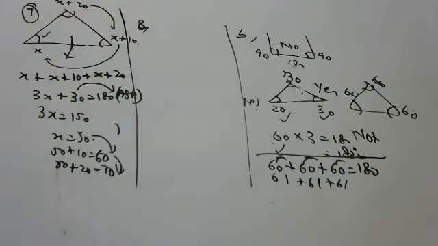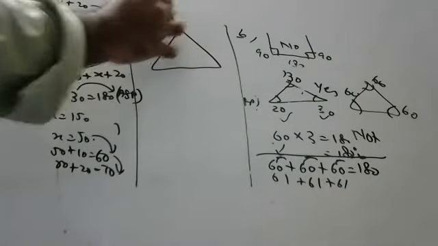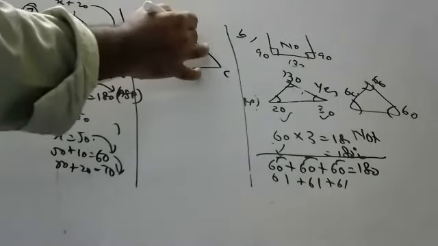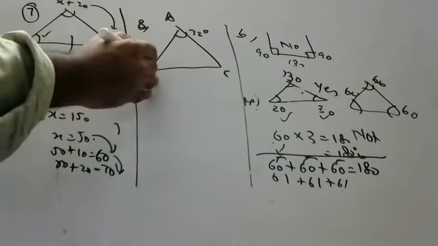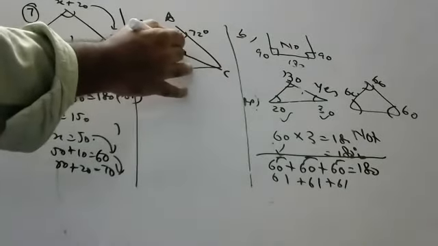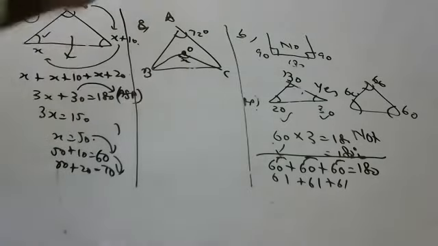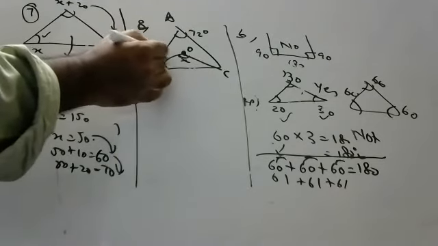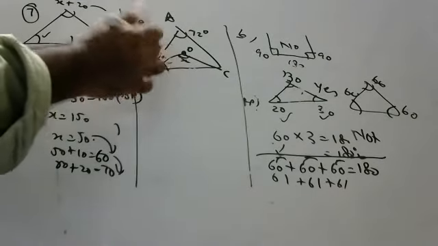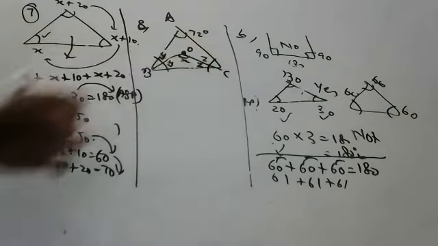You should understand, children. Next up, ABC is a triangle. All of you should see, children. ABC is a triangle in which angle A is equal to 72 degrees. The internal bisectors of angles B and C meet at O. This is a bisector, this is a bisector, and they meet at O. Find this angle. If this is y, this is y. If this is z, this is z. He's asking what is x.